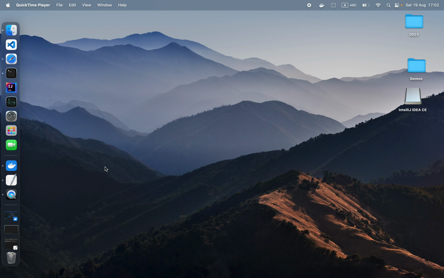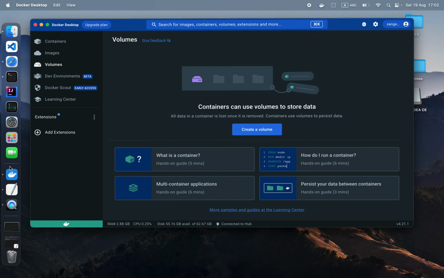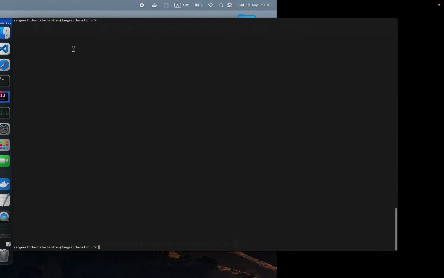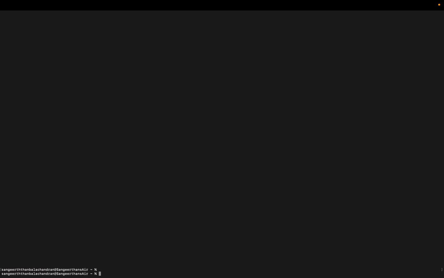So for today's demo we need a Docker desktop. You can install the Docker desktop, and we are going to use two images. Basically we need a MySQL, and as the client we are going to use PhpMyAdmin. First I will show how we can run the